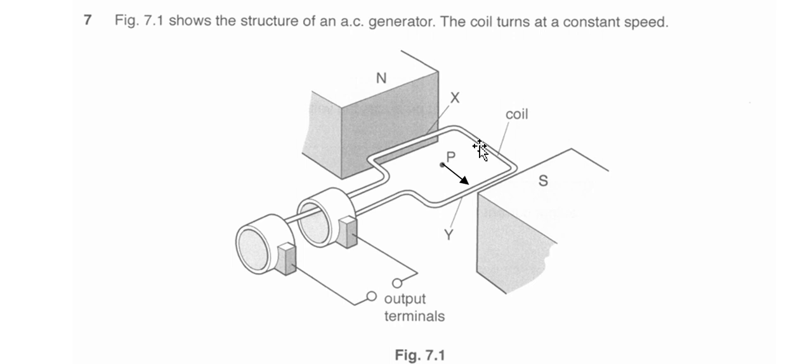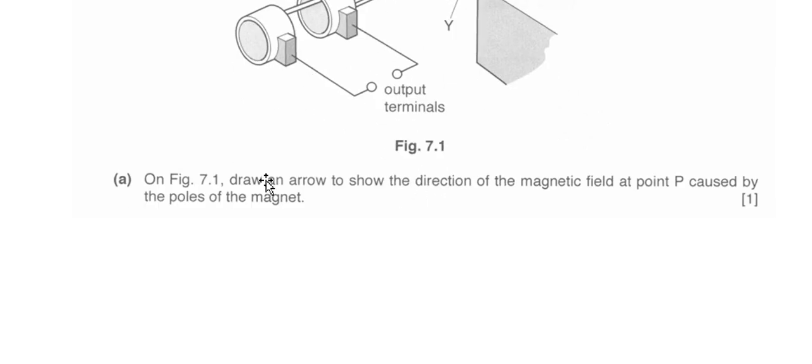Okay, so we have a look at question 7. There's an AC generator. The coil turns at constant speed. So as the coil turns, you generate electricity. Right, draw an arrow to show the direction of magnetic field at point P caused by the poles of the